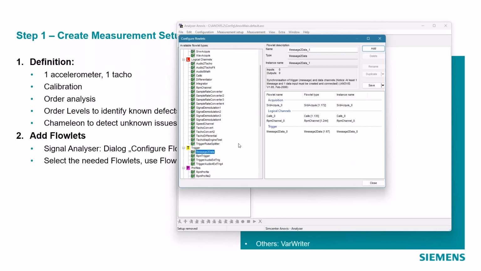And the trigger, there I have some synchronization flowlet and also a trigger that produces events that we use to calculate reliable data. So that's also very typical for an end-of-line test, that we have to calculate our measurement curves and metrics always under the same conditions. So we have to always cut out the right part of the signal to calculate a certain metric. And cutting out the signal we do by defining triggers. A trigger usually has a start and an end point, and the start point and end point is transmitted with the data stream and can be generated from time, from speed, from external signals.